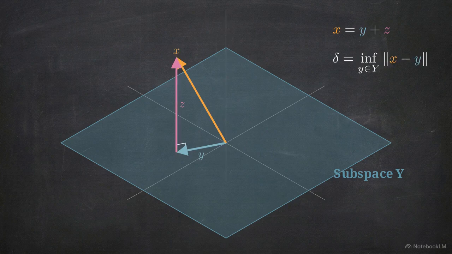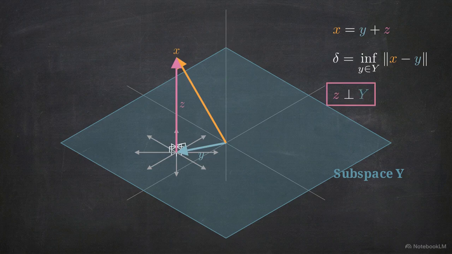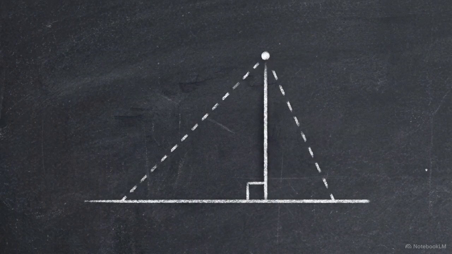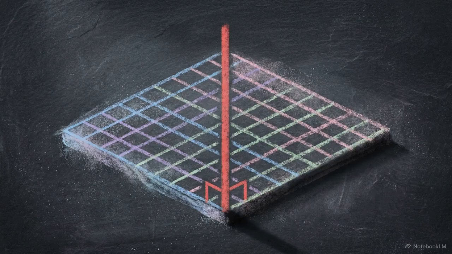Minimizing the distance between x and the plane requires that our error vector z is perfectly perpendicular to that plane. This is the logic of the best approximation. It is strictly orthogonal to every single vector inside subspace y. Orthogonality is the geometry of the shortest path. By ensuring our error is perpendicular to the entire subspace, we guarantee that no other vector in that space could